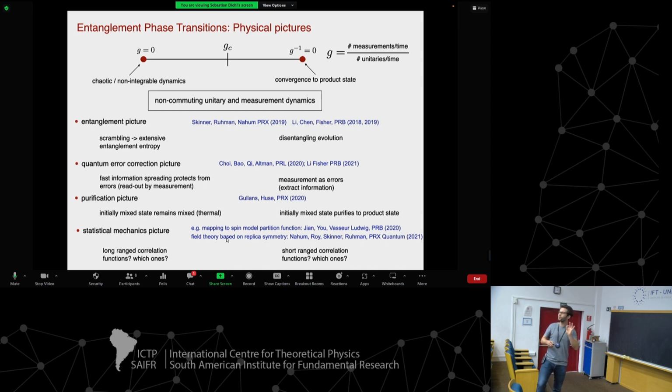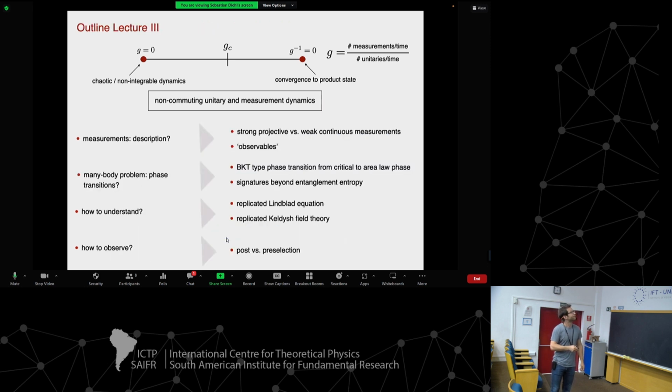And then you have to go into the questions that are typical for condensed matter physics. What are the characteristic observables? Are there maybe correlation functions beyond characterizing the problem by entanglement? That's very much along the vein that I want to follow here. Namely, the outline for today is this. First of all, I want to give you a little bit of an overview of how measurements can be described. There is the one that we already discussed, strong projective measurements, where the wave function gets projected onto an eigenstate of the observable. It's called the collapse of the wave function.